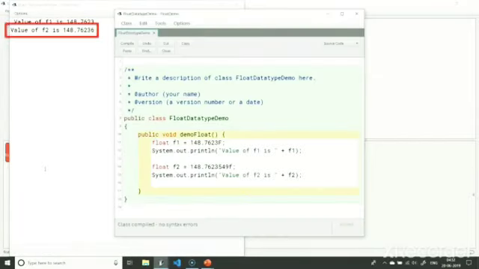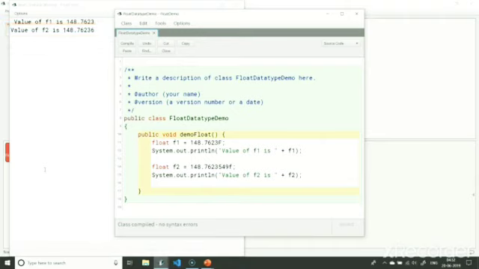Java was not able to store 148.7623549 in a float without losing precision, as 148.7623549 has a total of 10 digits, which exceeds the number of digits that a float can represent accurately. So Java rounded off 148.7623549 to the nearest value that can be accurately represented by float and stored that instead.